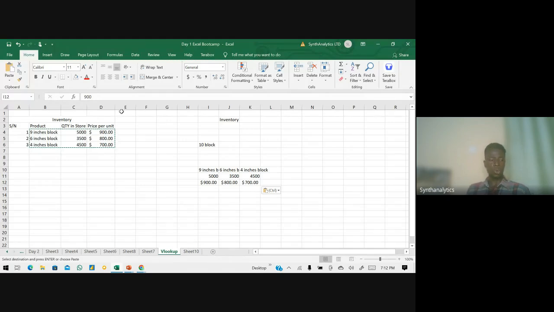Also, so far so good. In our bootcamp this time around, we have been able to start the journey of your Excel, and I believe that some people have been able to lay the foundation of their Excel to see how good they can become, how best they can do other things on their Excel. And we believe that every one of us will go back and start using some of the things we learned in class, either for our personal business or in any field we are at the moment. Excel is a wide field.